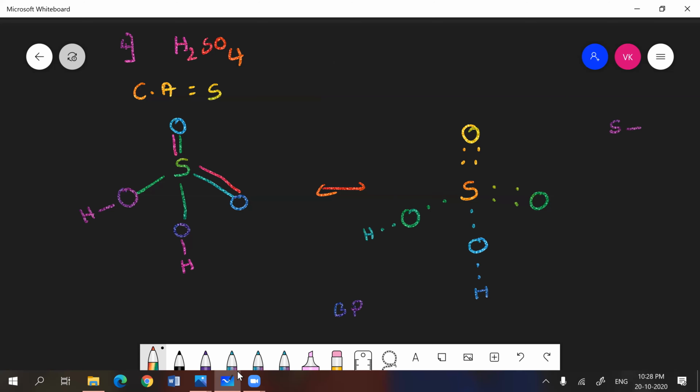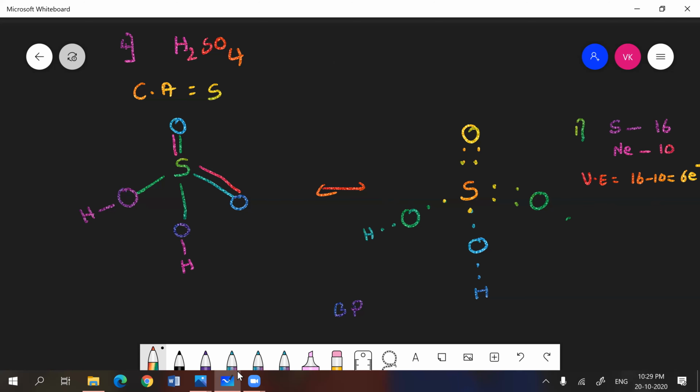For sulfur, its valence electrons: the nearest noble gas, same thing. Sulfur atomic number is 16 and the nearest noble gas is neon. Neon atomic number is 10. So valence electrons is equal to 16 minus 10, that equals 6 electrons. And for sulfur, let's see, 1, 2, 3, 4, 5, 6. So its 6 electrons have all been involved in bond formation. So it has no lone pair.